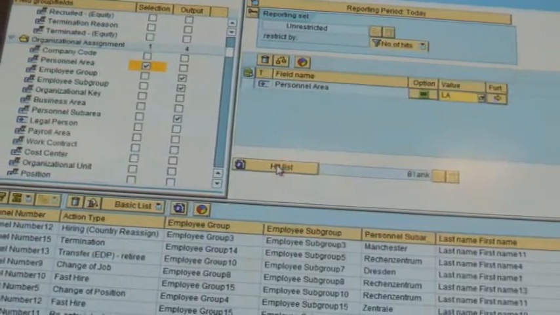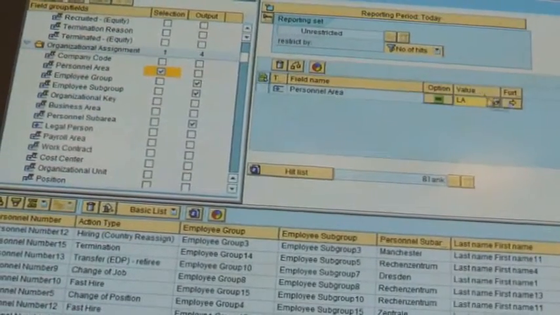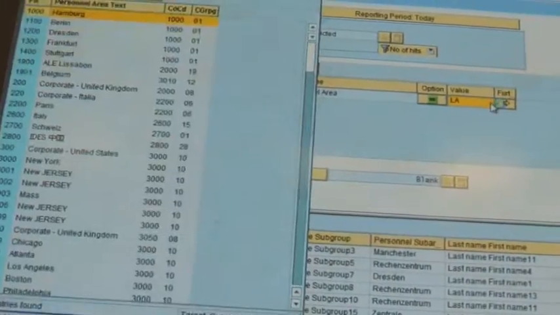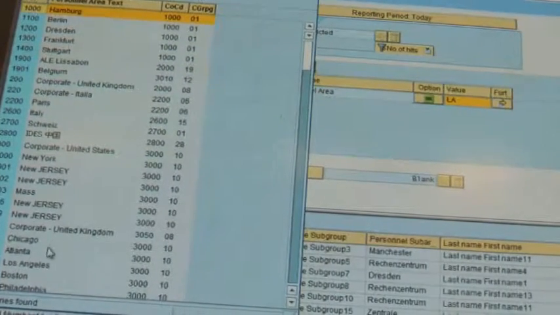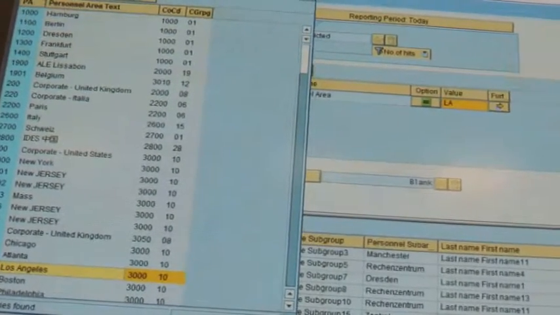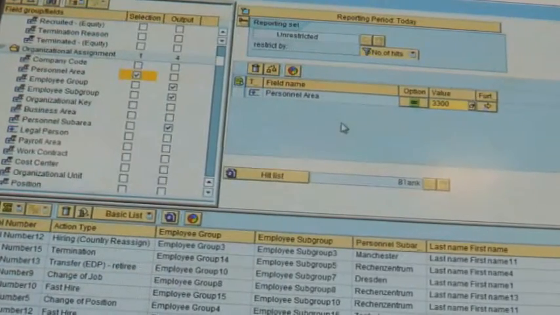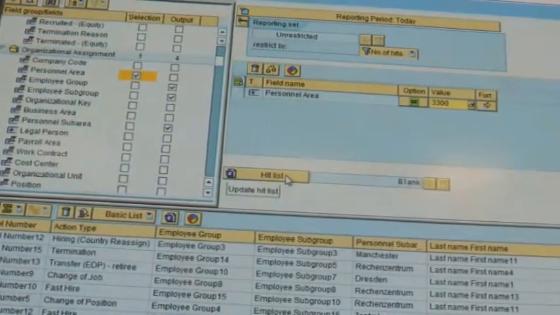We go to hit list. Let's check over here and select it from here. So Los Angeles, right here is the value, and we go to hit list